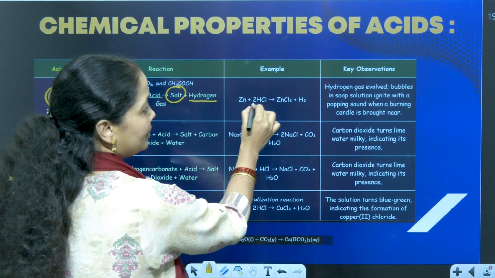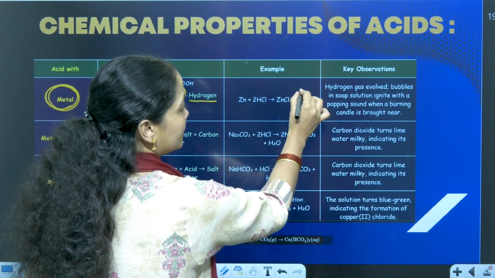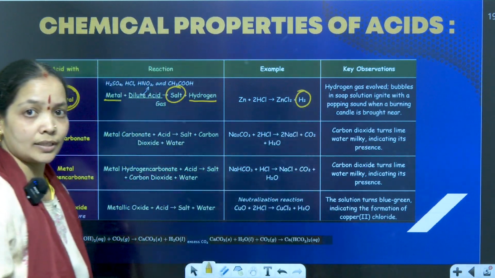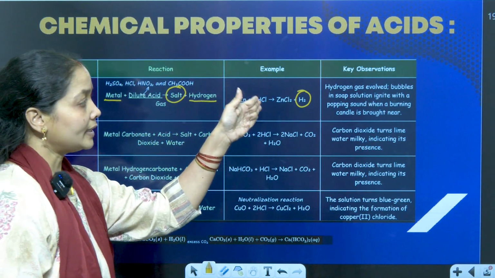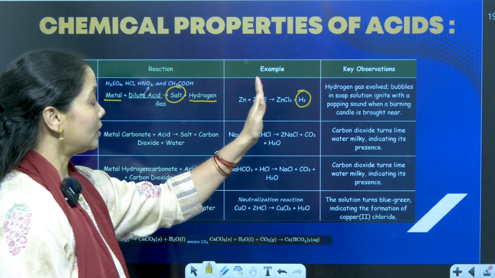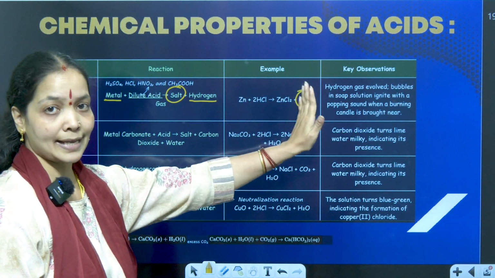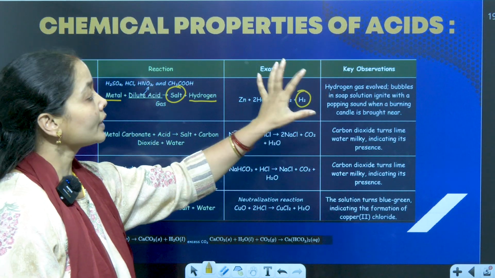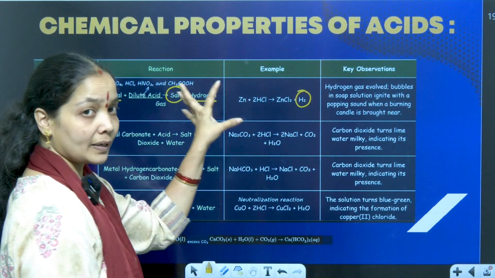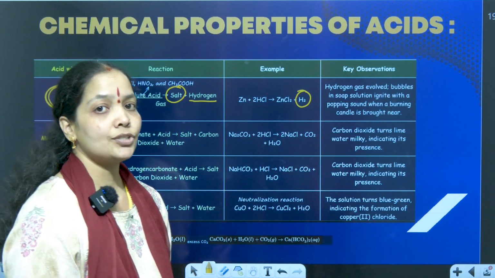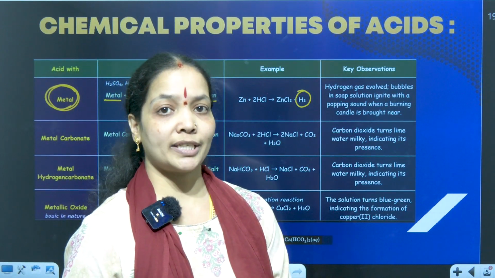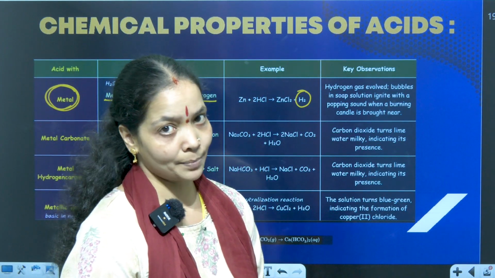Example, Zn plus 2HCl gives me ZnCl2 plus H2 is the liberation here. So the general form goes like, when a metal is reacting with an acid, it liberates salt and hydrogen gas. That will be your general form. Whenever general forms are memorized by you, the concept is going to be very easy, as well as you will love doing the question answers based on these general forms as well.